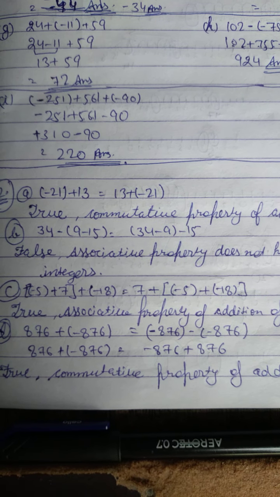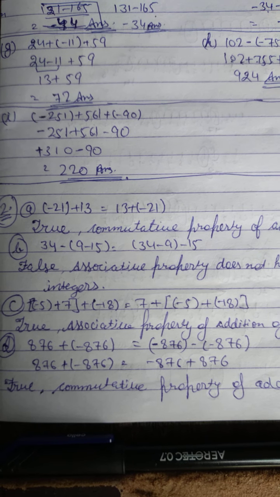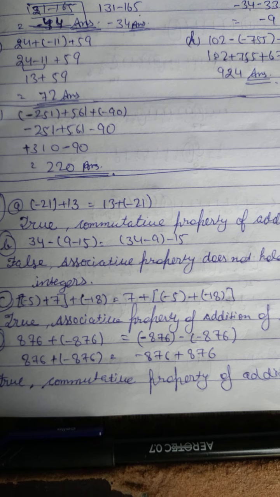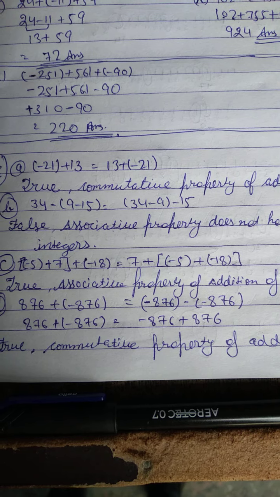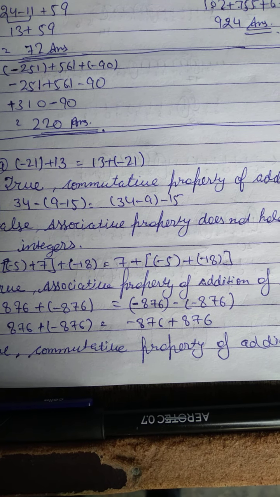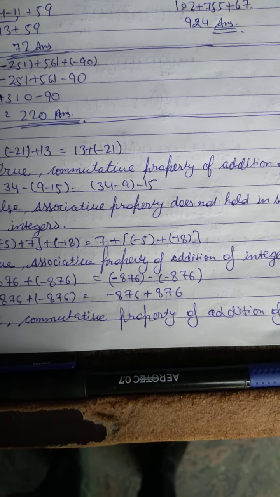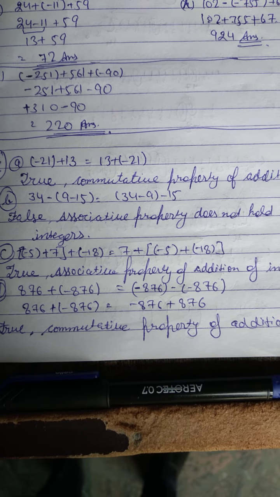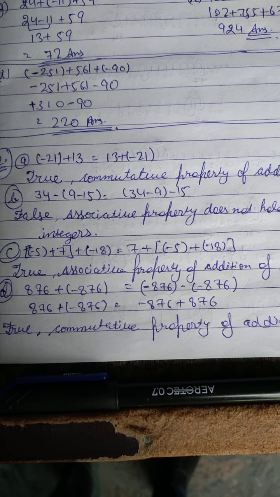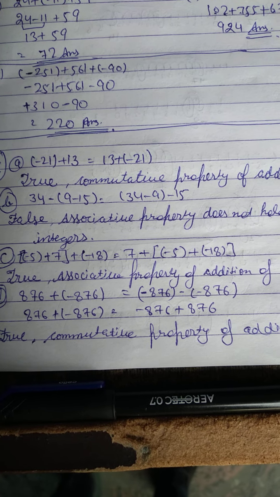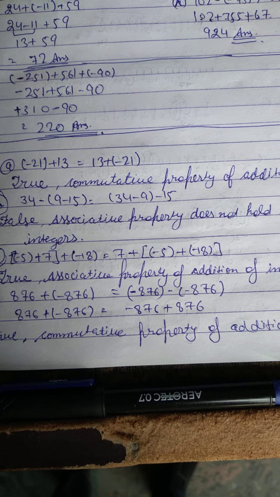After the completion of the first sum, we move to the second sum, where the given statement is true or false, and give the reason for true or false also. If we look at the A part, it looks like the commutative property of addition, and we know that the commutative property holds in addition, so this is true. And the second, B part, is the associative property of subtraction, that is false. Left hand side is not equal to right hand side.